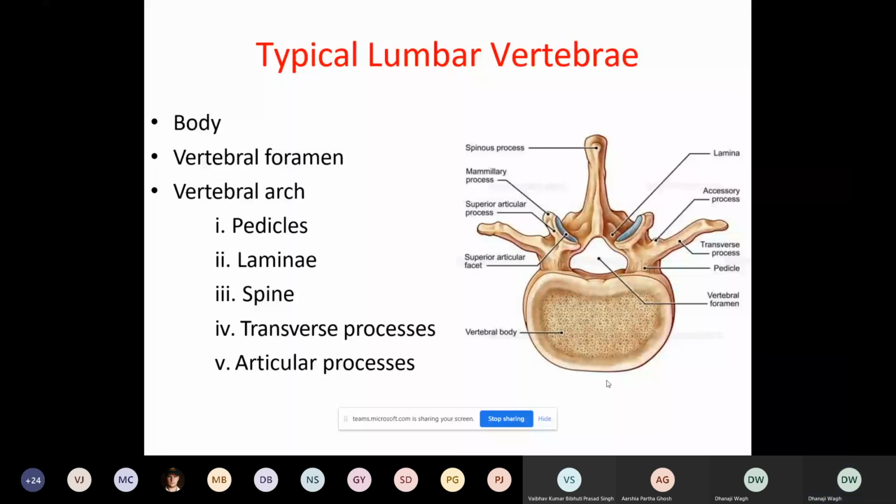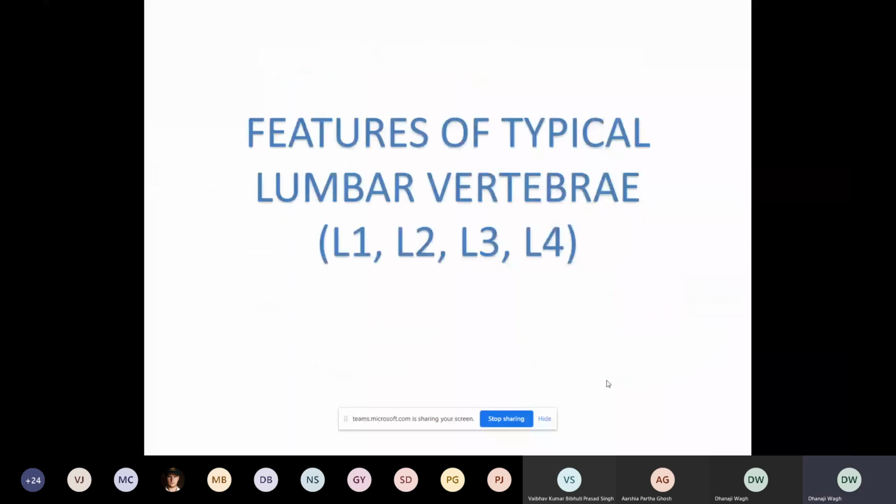Remember here, the superior articular facets are further apart than the inferior, and the inferior articular facets are nearer to each other than the superior ones. When you put it in anatomical position, by naked eye you can see all these features. You have to remember this, it is a question. Now all these we are going to see once again.